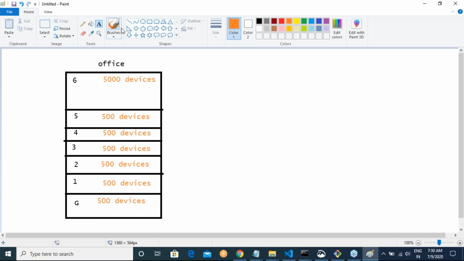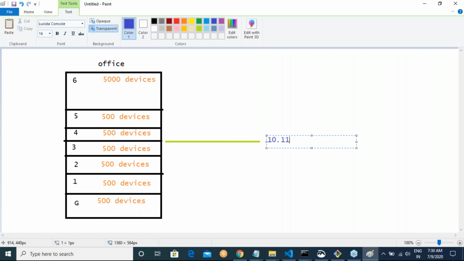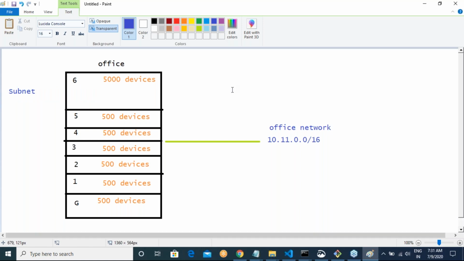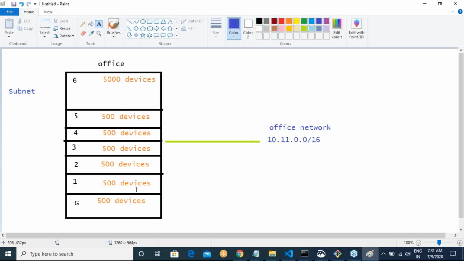Your office building has a network, and the range of this network is 10.11.0.0/16. This is your office network, and each floor is your subnet. Now try to come up with CIDR ranges for every floor.